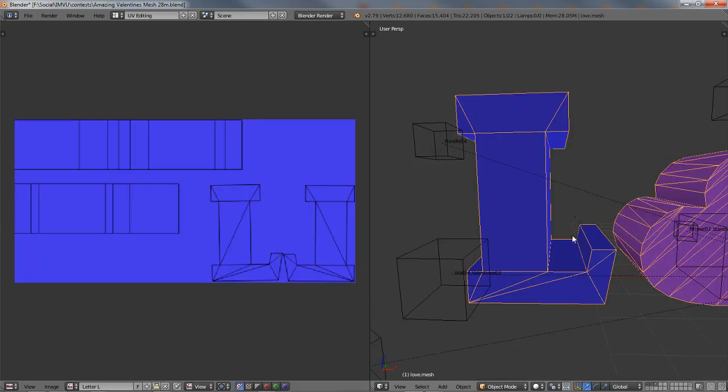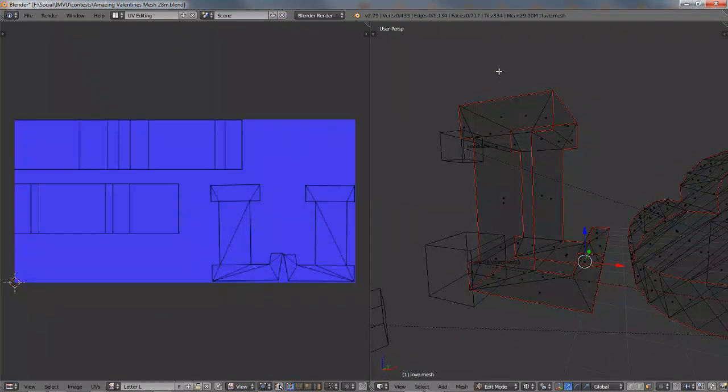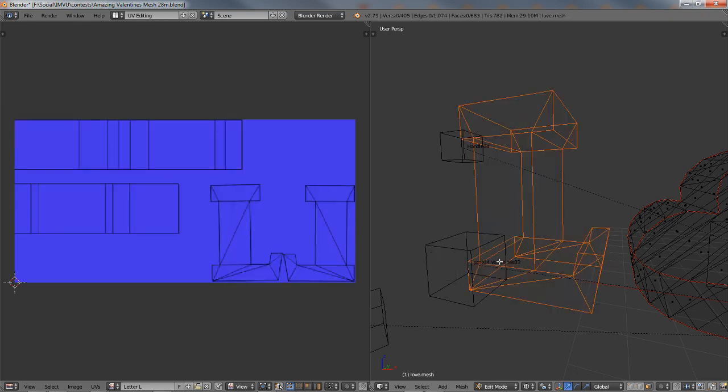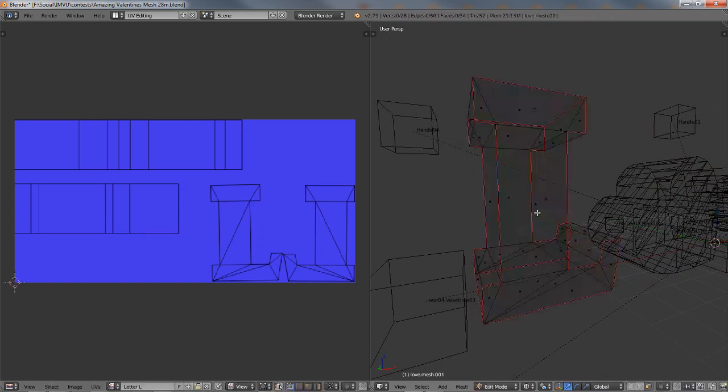Let me just split this off so that it makes it easy to do. So we're just doing a control left click drag to do a loop select or lasso select, and in wireframe mode that basically means that it selects everything within the bounds of the selection loop. Then just press the P key and separate. So now that we've got the letter L isolated,